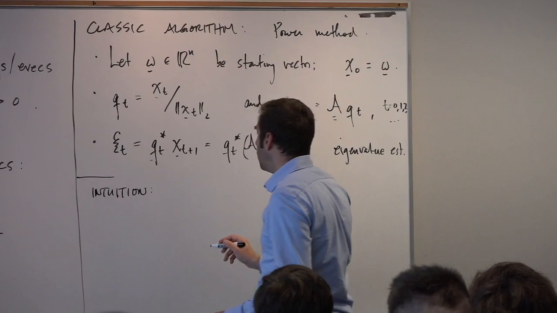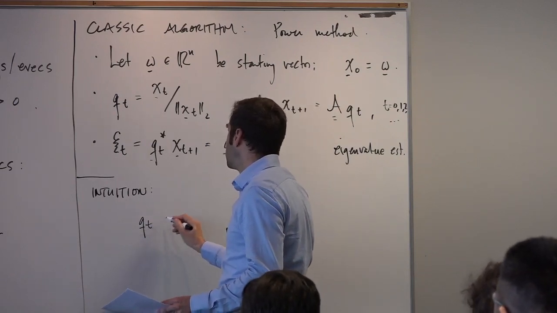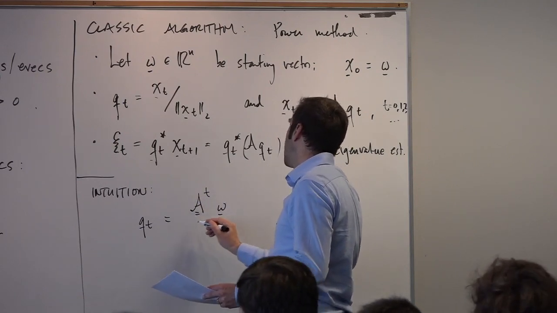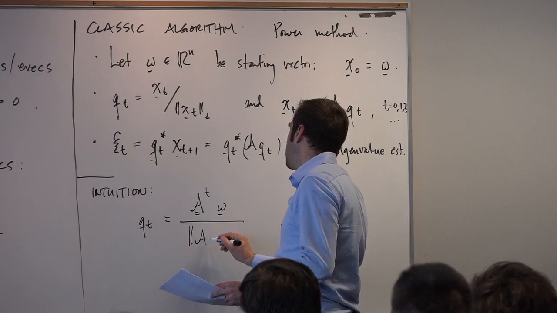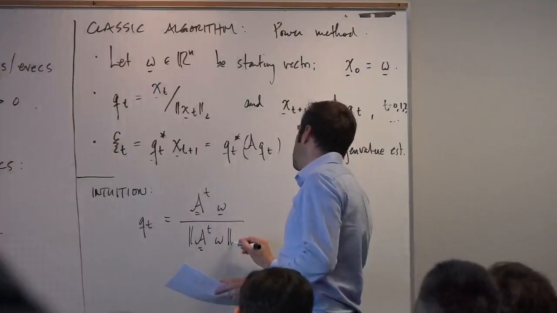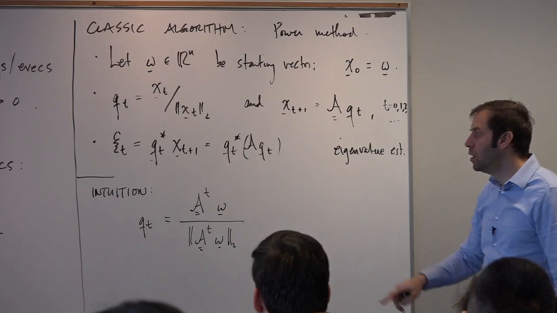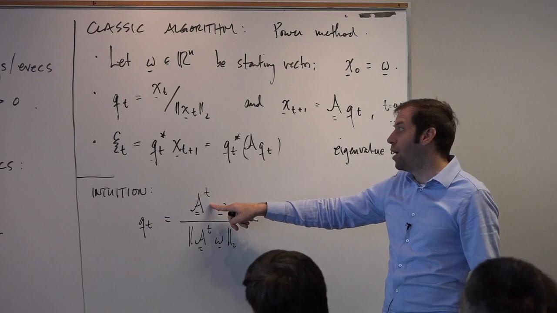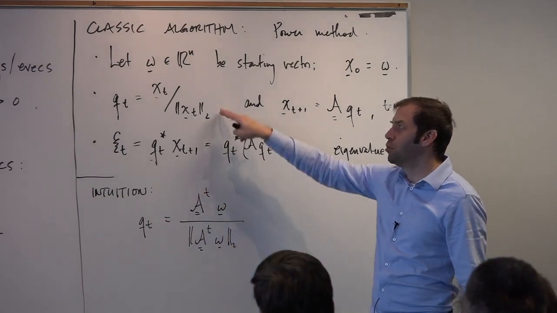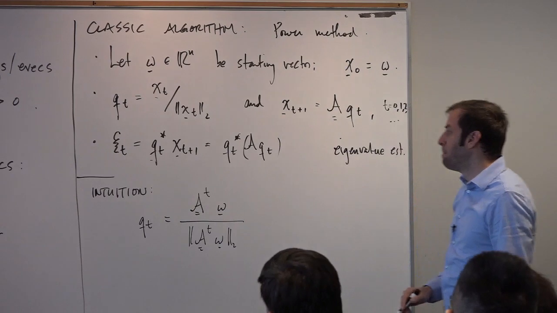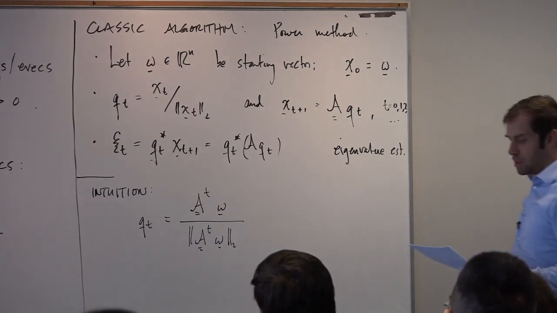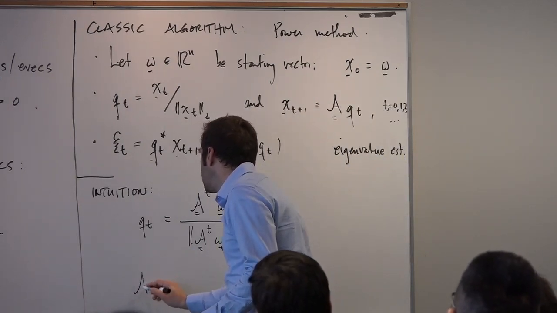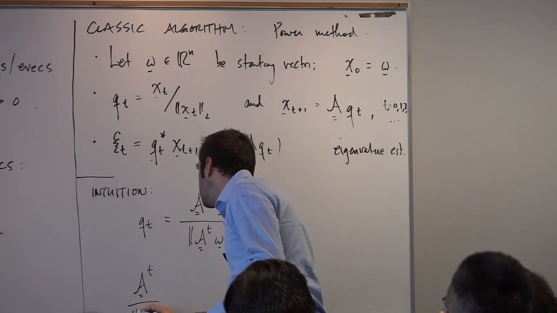So if you unroll this iteration, you'll see that q_t is the tth power of A times the starting vector divided by its norm. Okay. So what's happening here is every time we multiply, we accumulate another copy of the power, and we can just collect all the normalizations together. Okay? So the reason this is helpful is that if you look at the matrix A^t divided by its spectral norm,